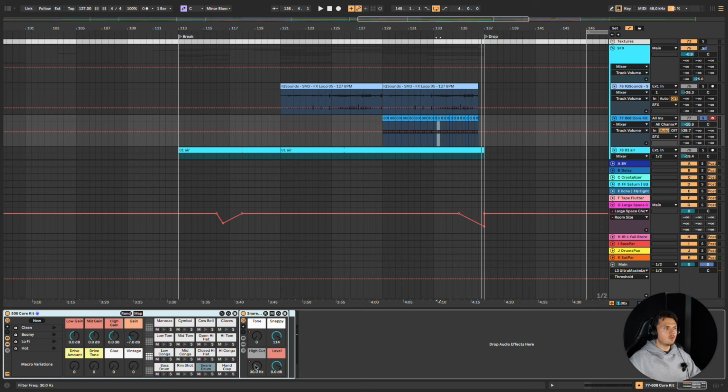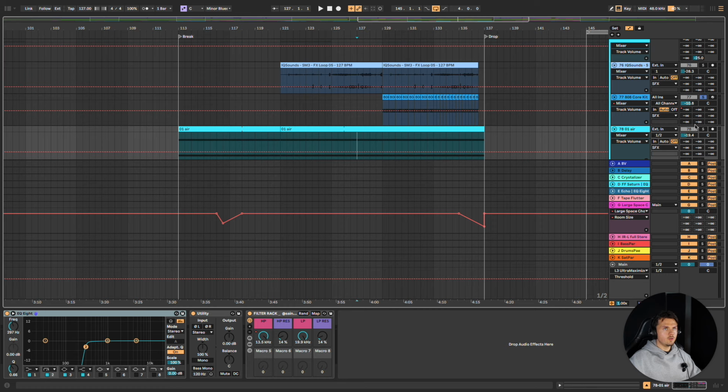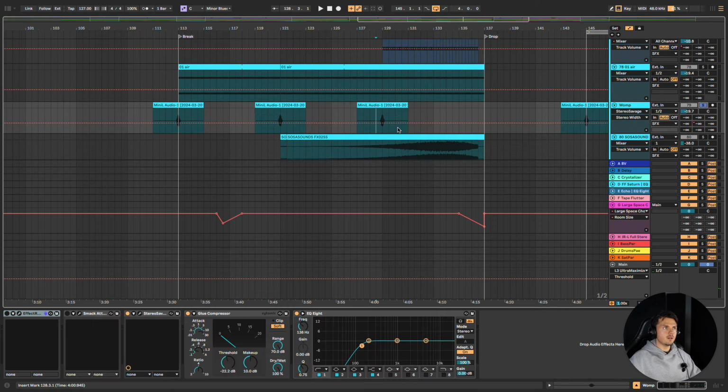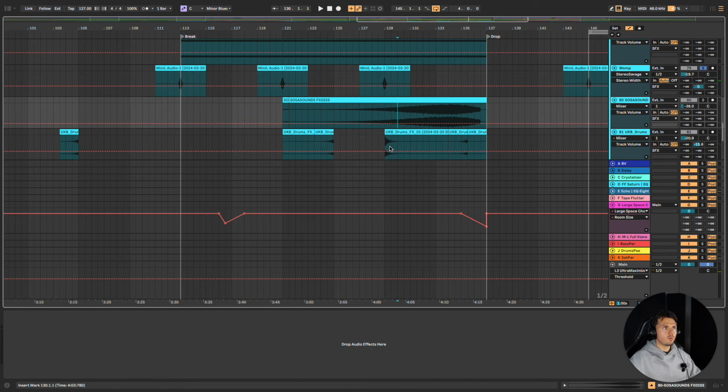So I'm playing around with the built-in filter and the built-in tone changer in there, so it creates again a bit more tension by just shifting the pitch of that snare roll up. Then just have some white noise, and nothing fancy going on here. And then another standard BGM bass hit. Another white noise riser, and then we have